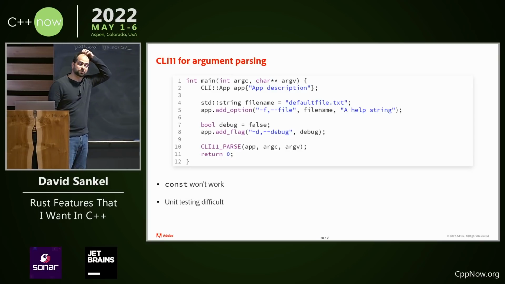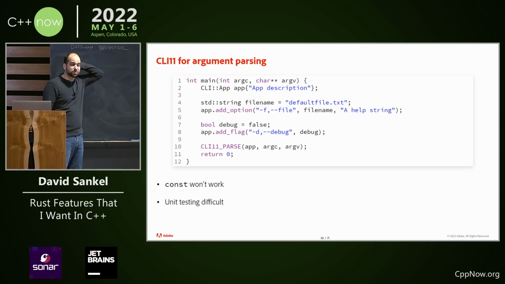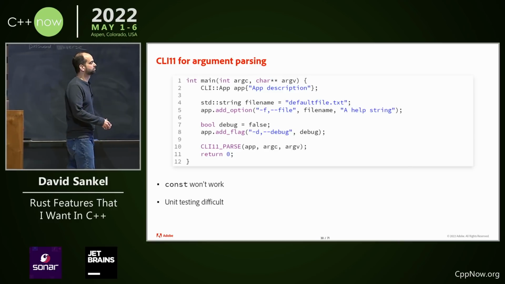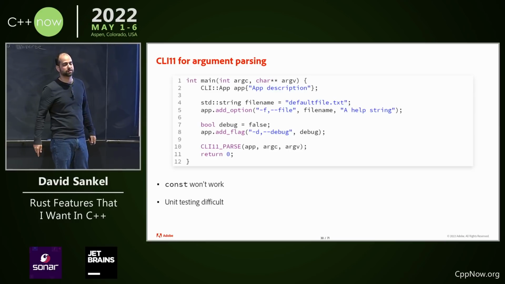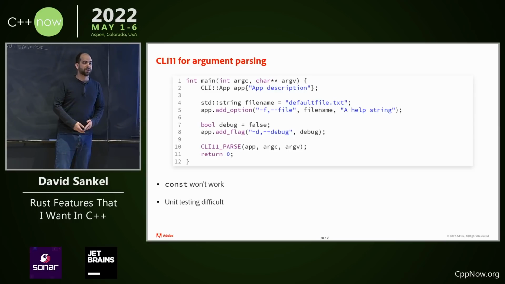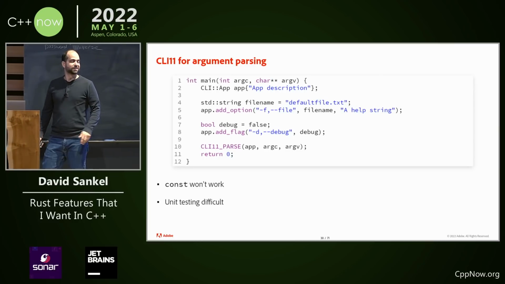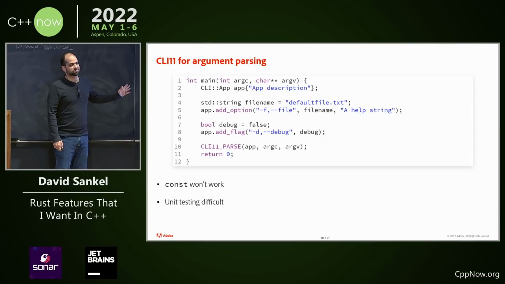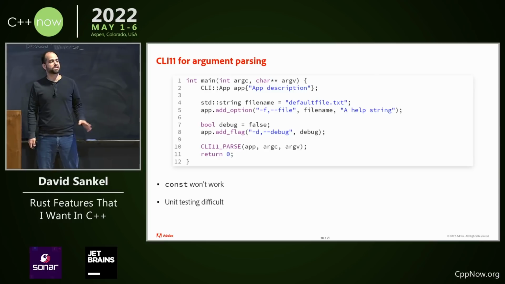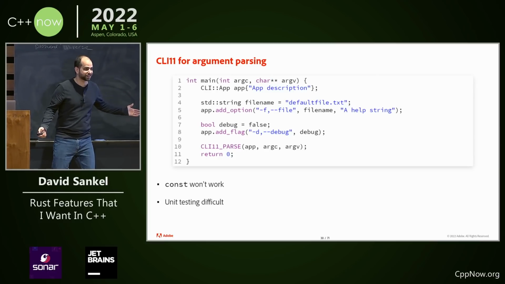Unit testing is tough with this. I don't see people unit testing their argument parsing a lot because the libraries don't really look like they're easy to unit test. You have to do a lot of extra work. Talk to me afterwards. I'll explain how to do it. It's not a big deal. But still, I don't want it. All right? Okay. Because I'm going to present an alternative, obviously, right?